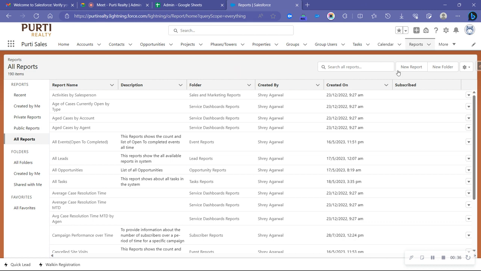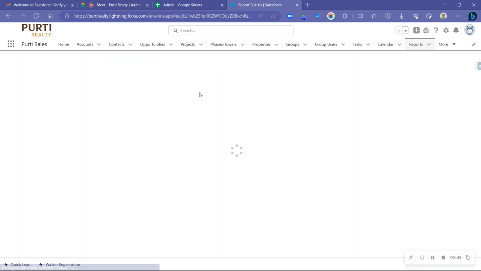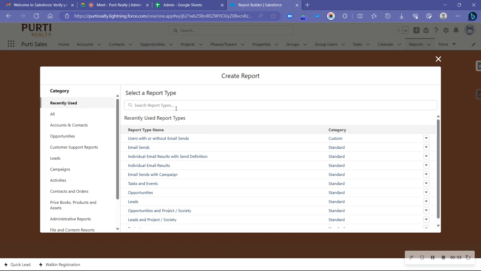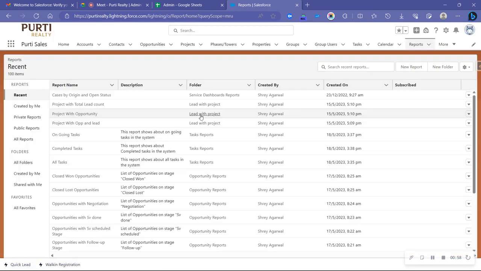Recent activity in the last 1 month, and the lead has to be from one of the CPs. From any property portals, you are saying, right? No, it should be only CP. Okay, fine. CP and there has been activity in the last 1 month. Yeah, sure. For doing that, when you click on reports, you can see a search bar here